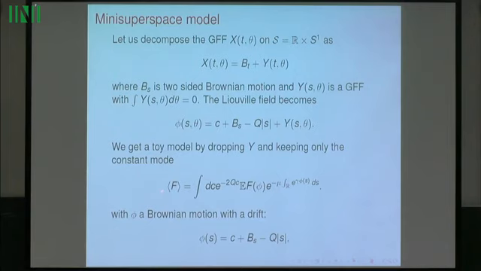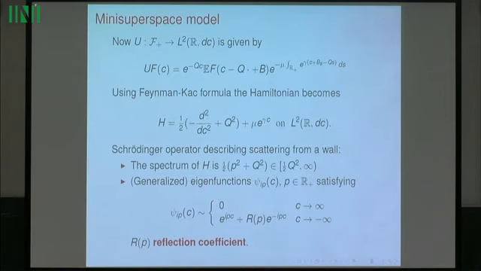So the expected value is this integral over c, and the Liouville term like before, except that now it's just a Brownian motion with a drift here. Well, you can probably recognize this as a Feynman-Kac formula, and if I now do my Osterwalder-Schrader, my reflection positivity construction, then the U map is just given by the following formula. I integrate out just the Brownian motion.